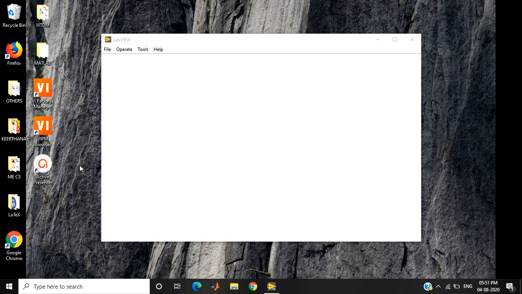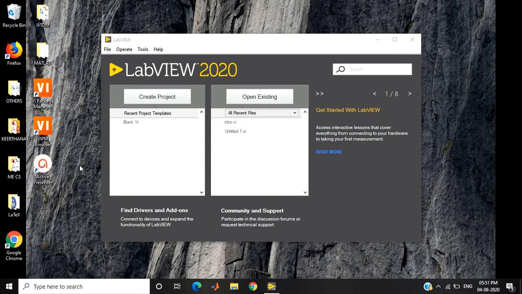On launching LabVIEW, the very first window that you will see is the LabVIEW workbench. The applications that are developed in LabVIEW are called VIs, and VI stands for Virtual Instrumentation. You can create a new LabVIEW program by selecting blank VI, and your recent files can also be viewed in this section. Now click on blank VI.